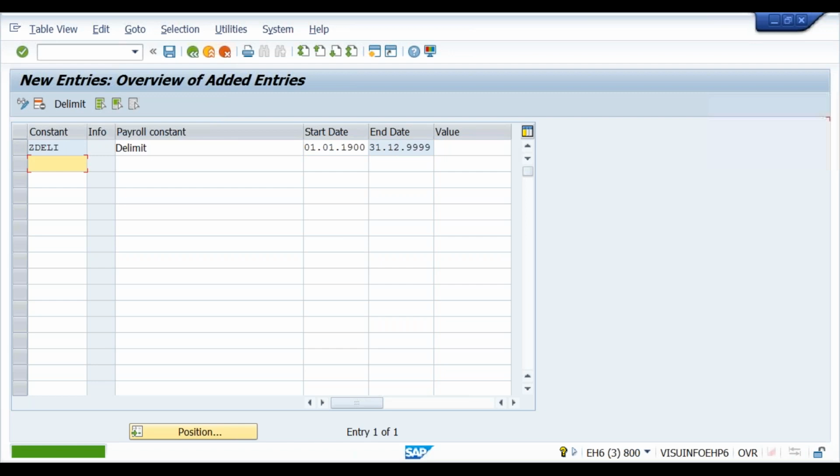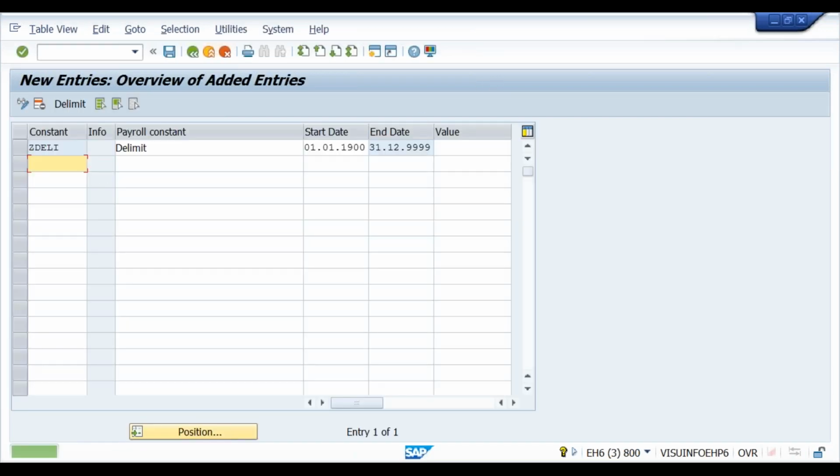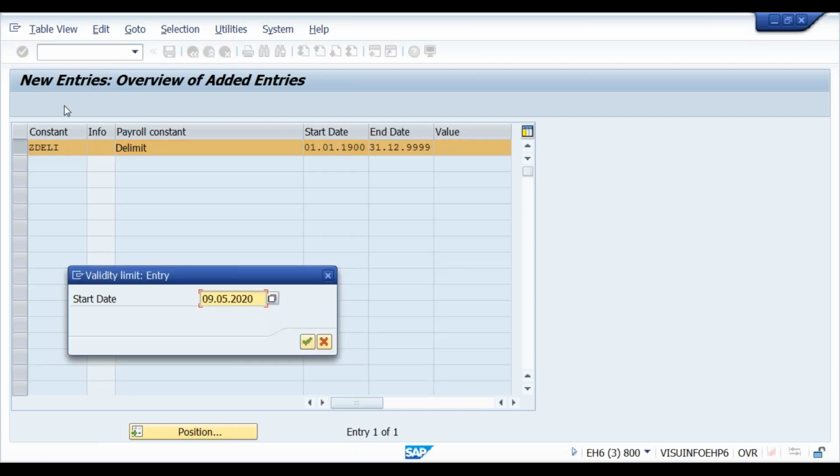Currently the value is 0. It doesn't have a value. Now I delimit this, effective from